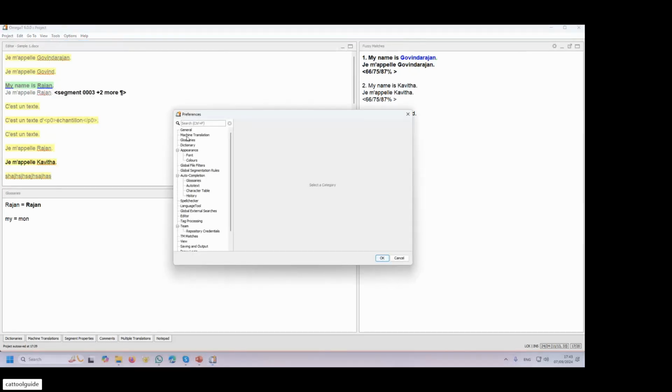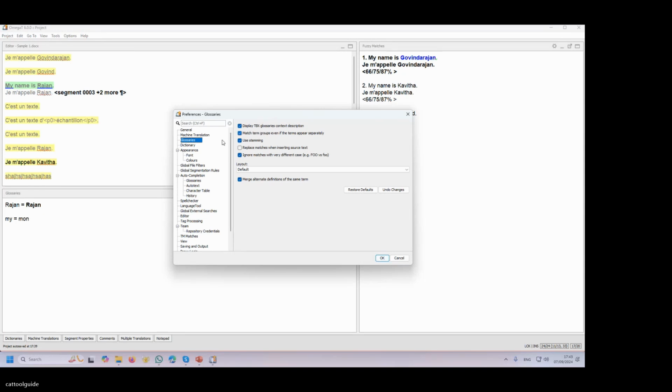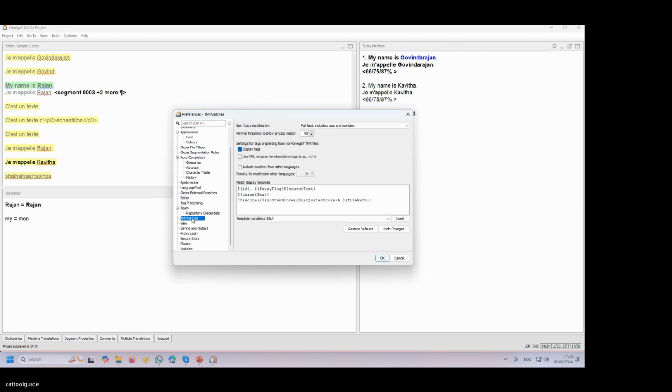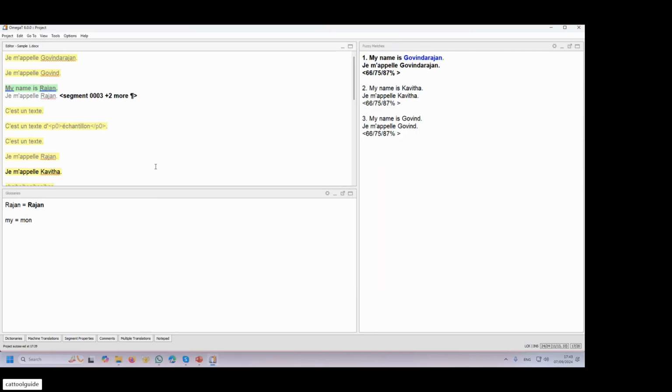In preferences, you have machine translation, you have a glossary. There is also a dictionary that you can install for some languages. And you can change the font also. The font has become bigger. Okay. So